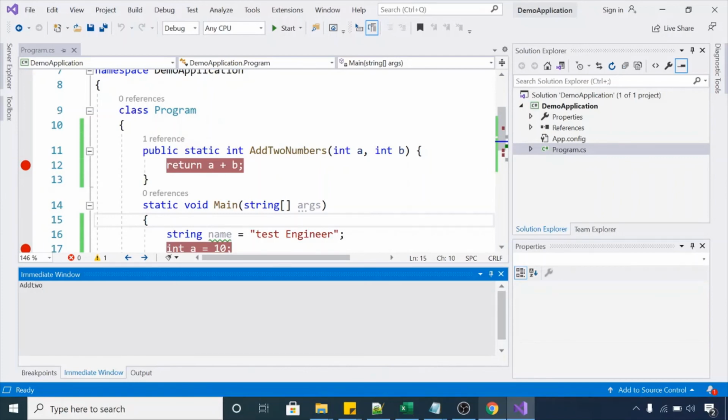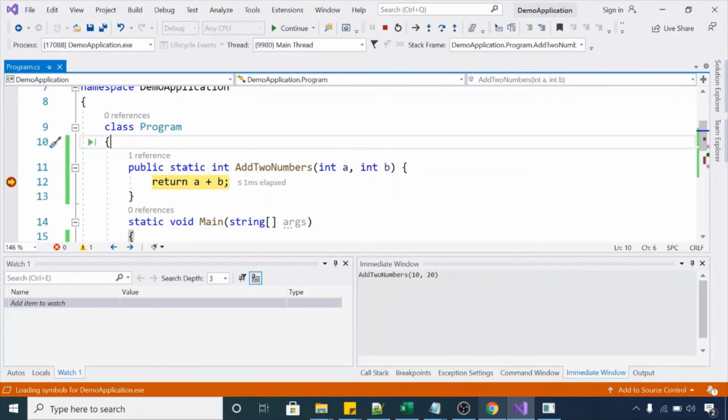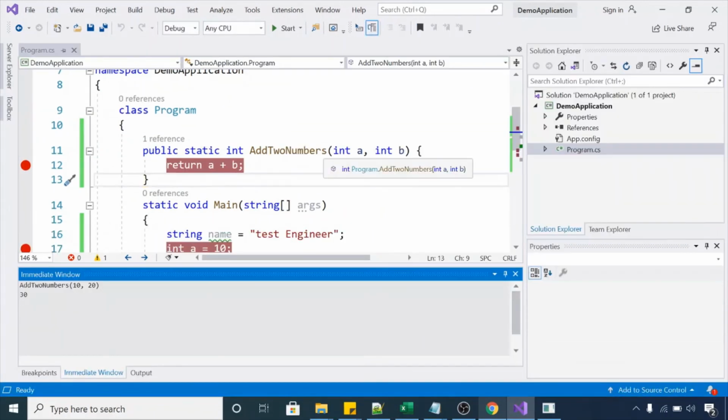Add two numbers, and pass values as 10, 20. Have a look, it's just hitting the add two numbers method. Let me execute this line. It will return the sum of these two numbers. Have a look, it's returning 30. 30 is the output of this method.